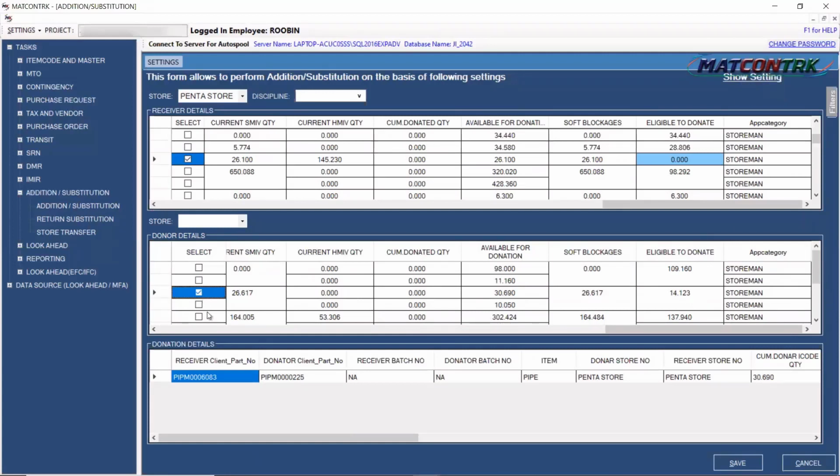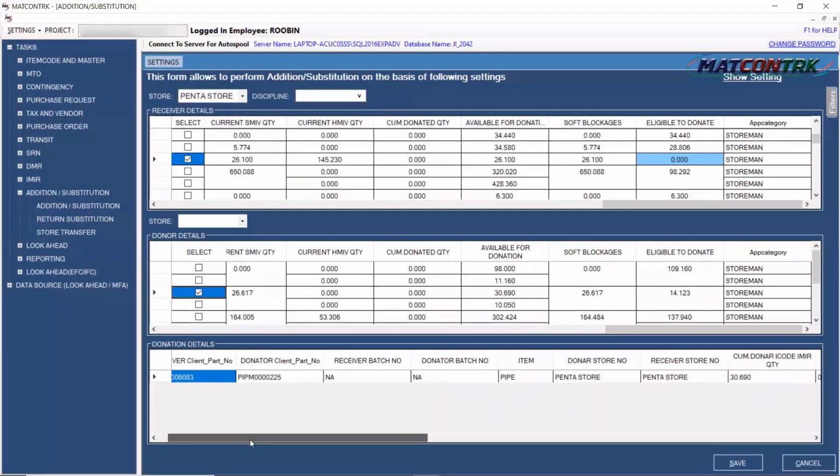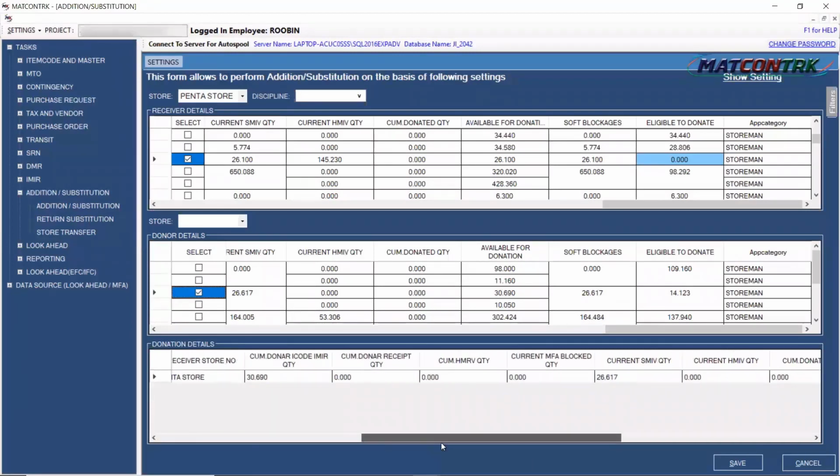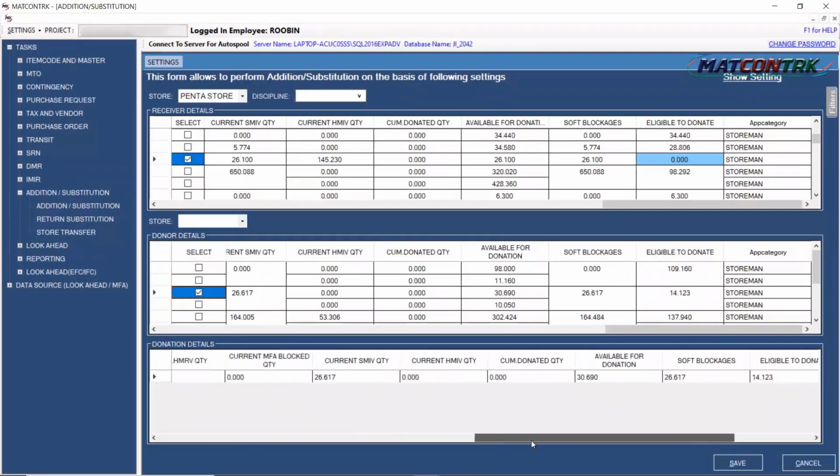And as I have selected these two items, my third grid is also loaded with the summary. Now in the summary detail, I can monitor my final preview before saving this submission. So receiver details, cumulative donation quantity, cumulative issued quantity, currently soft blocked quantity. So all these transactions are considered over here.